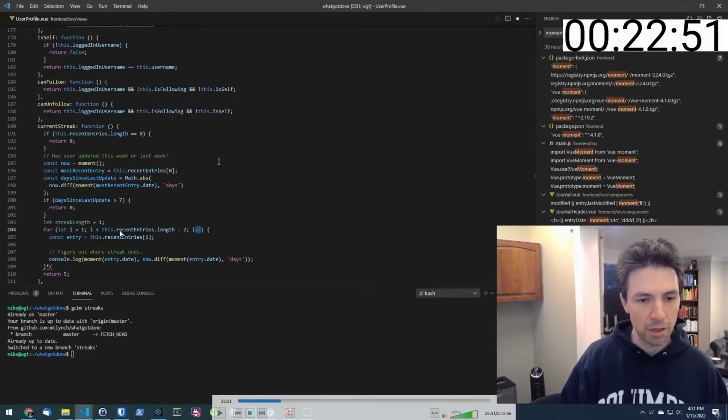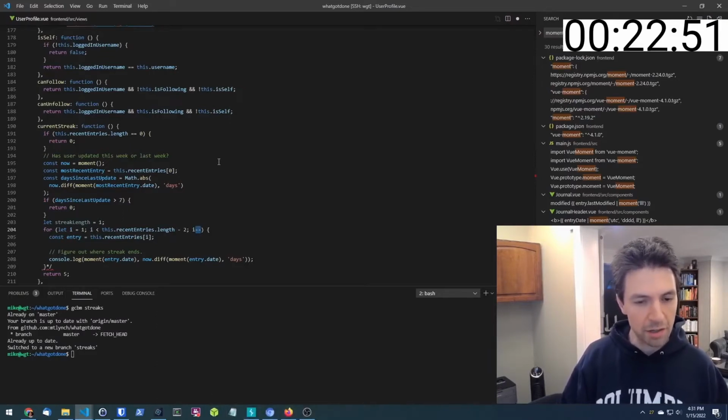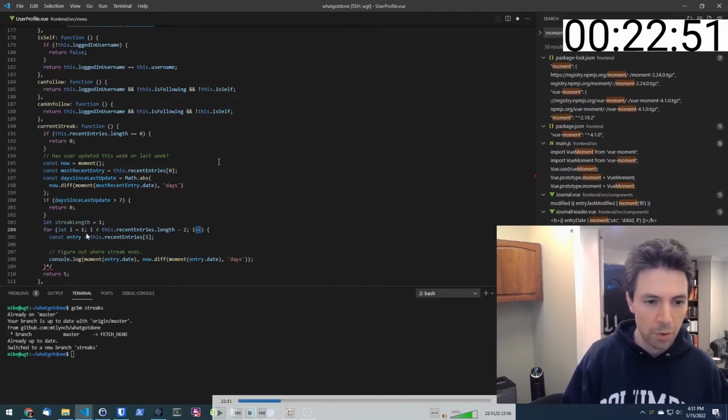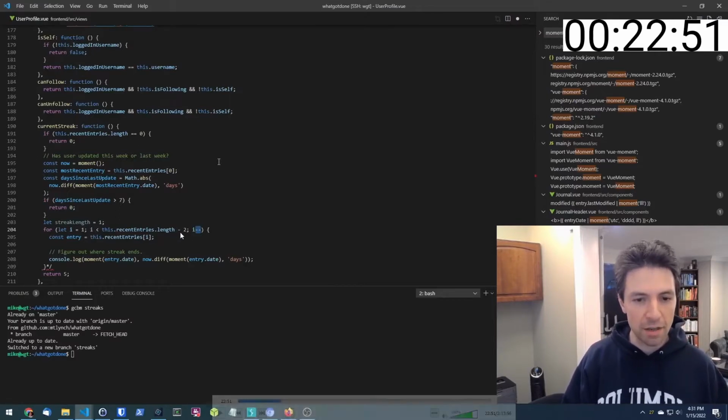So I'm looking for... what I'm going to do with each entry is compare the entry to the last entry and calculate the difference in days. And if it's more than a week of difference, then the streak ended and I should return the streak length number. But what I screwed up is, and so what I was thinking at the time was, okay,